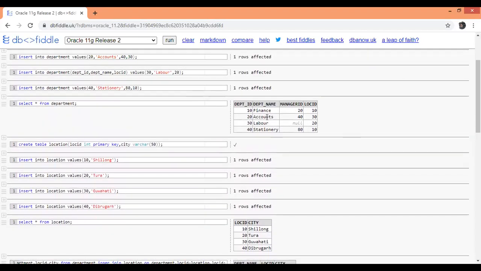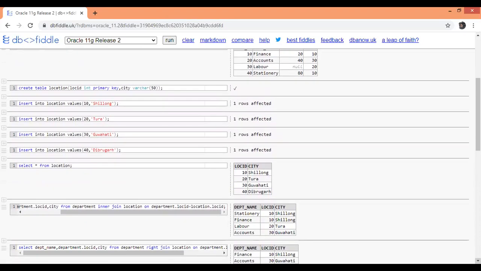Department name finance, location ID 10, so 10 is Shillong. Department name accounts, location ID 30, it's Guwahati. Labor, location ID 20, it's Tura. Stationery, location ID 10, it's Shillong.